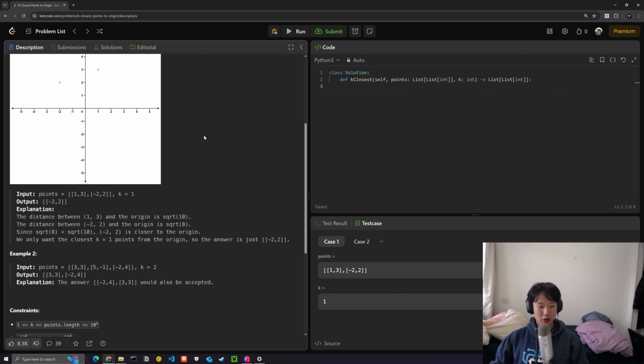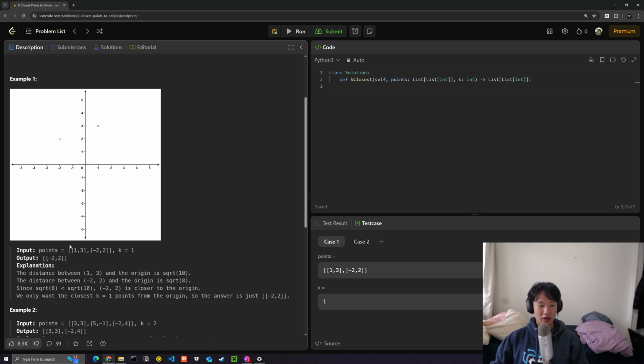Okay, so given these two examples, we have (1, 3) and (-2, 2). With k equals 1, we want to return (-2, 2), because the distance of the first one is the square root of 10, and the distance of the second one is the square root of 8. Okay, that makes sense. So what we could utilize is something called a